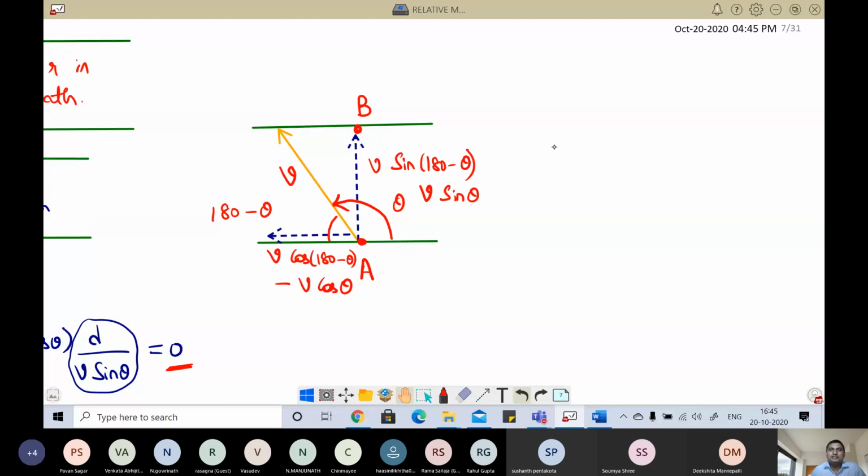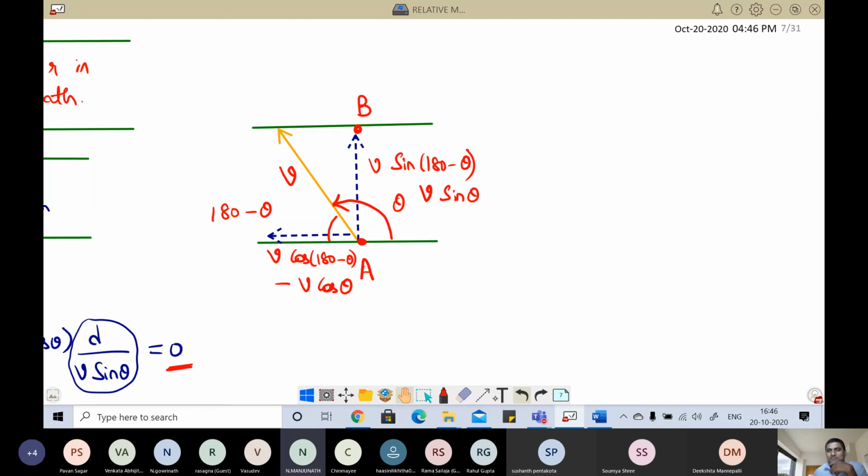Sin of 180 minus theta. Sin theta. MPC student or BPC student? Sin of 180 minus theta is minus sin theta. Minus sin theta you're telling. Which quadrant it is? Anyway, that is max. So I don't want to go.